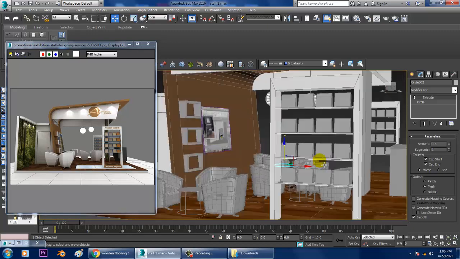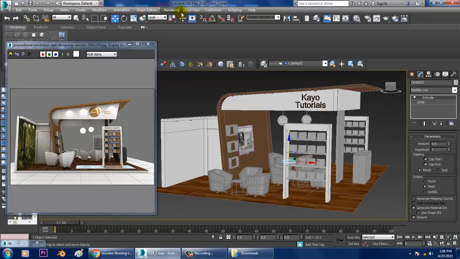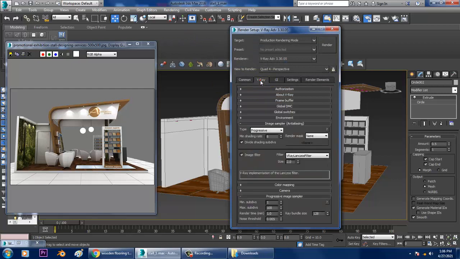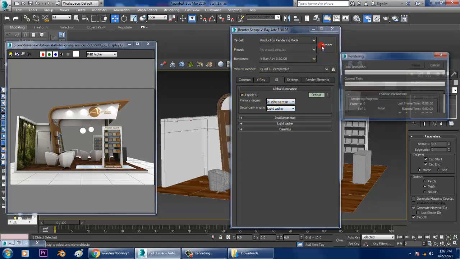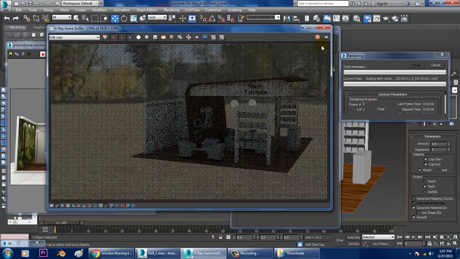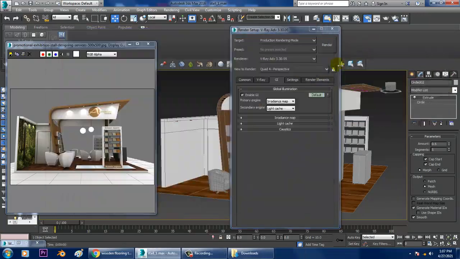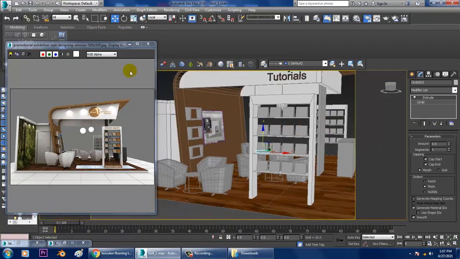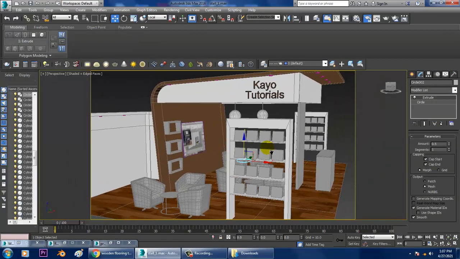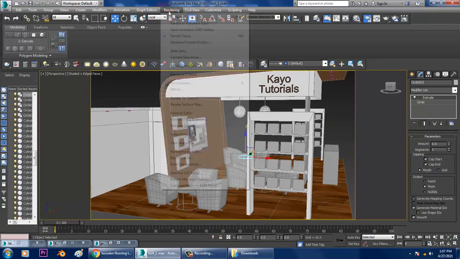Few things. Go into rendering, render setup. I've not done any kind of settings over here for now. I'll just render and see. We have not used any kind of lights yet. So let's just render and see how it looks.